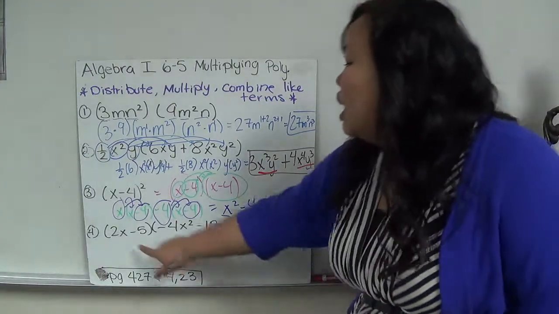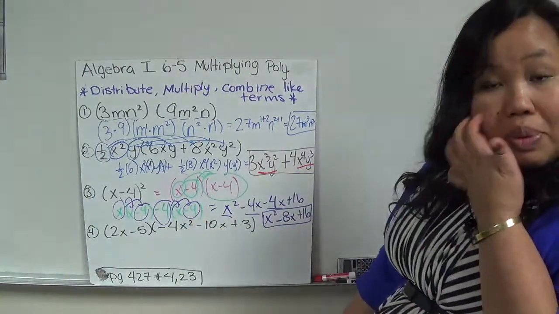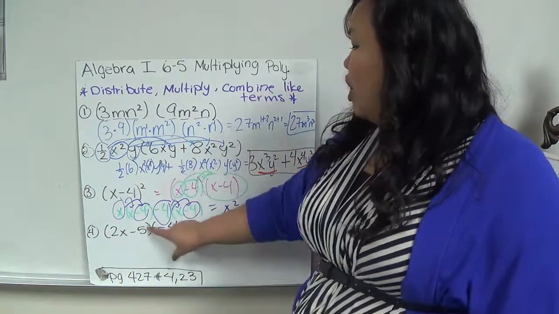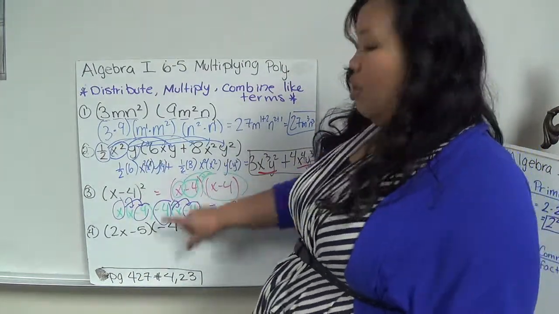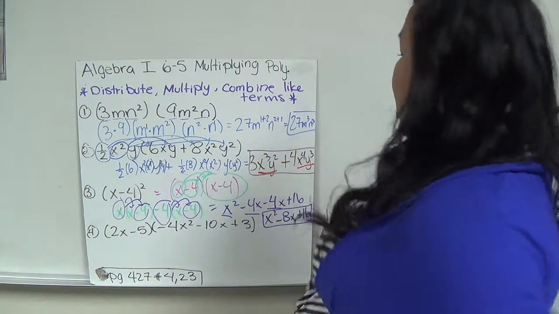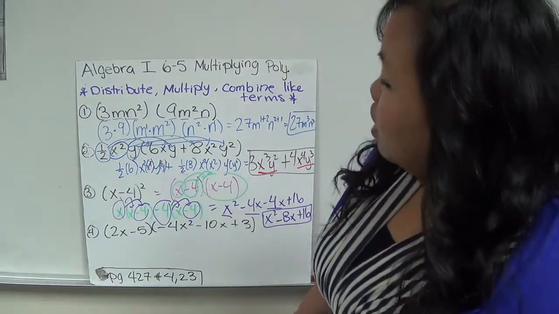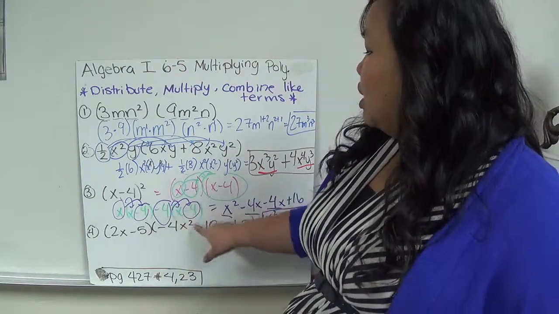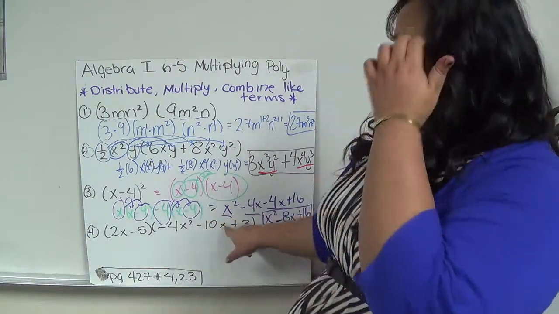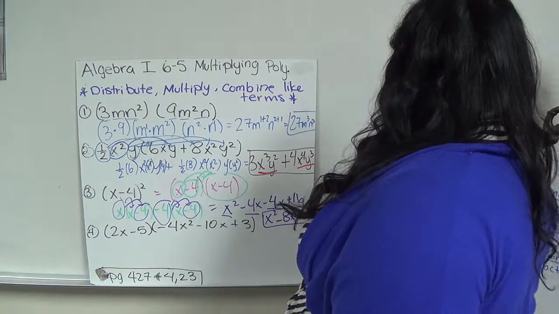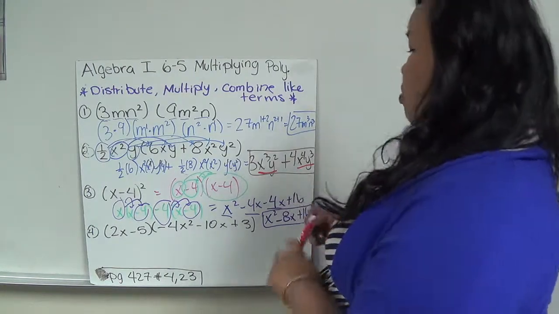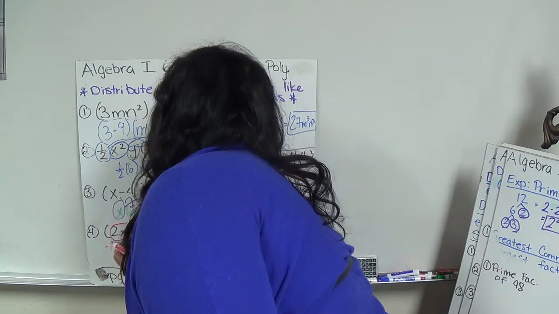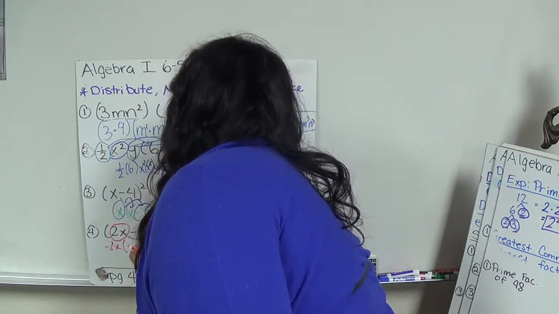Now, this does look daunting, it does look big, but it's the same concept. I'm going to take each term and multiply it by this entire polynomial here. Okay? So I'm going to take each of these monomials and I'm going to multiply it by the entire polynomial. It's the same thing as this, except this one will have more steps because this polynomial has more terms. So I'm going to do 2x times everything